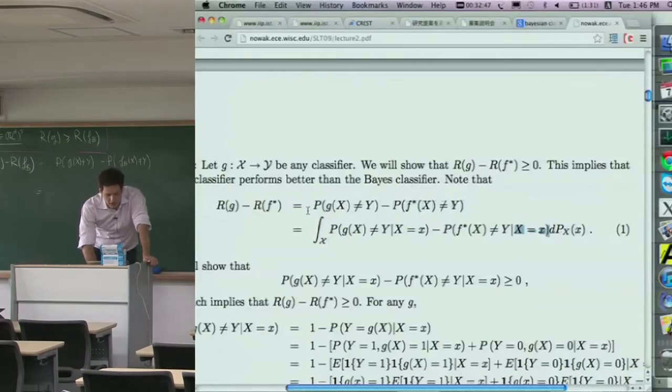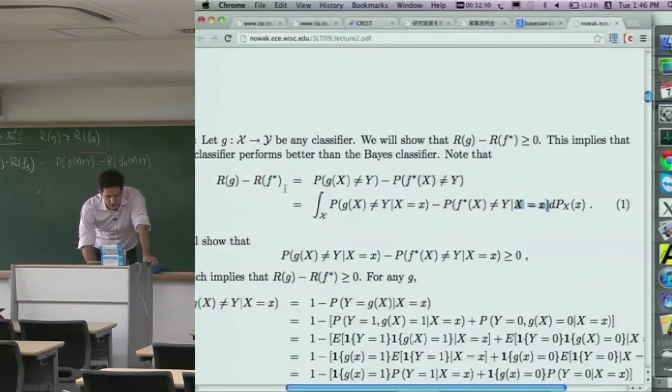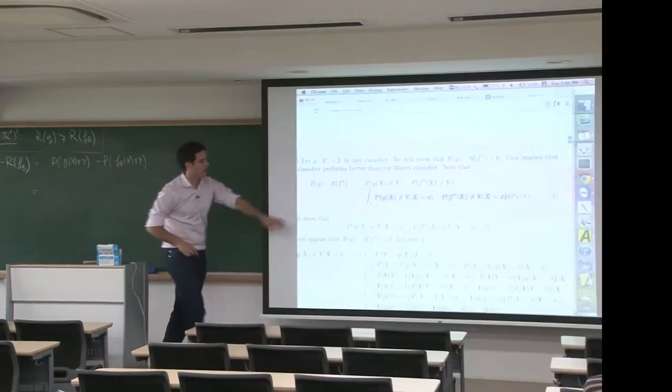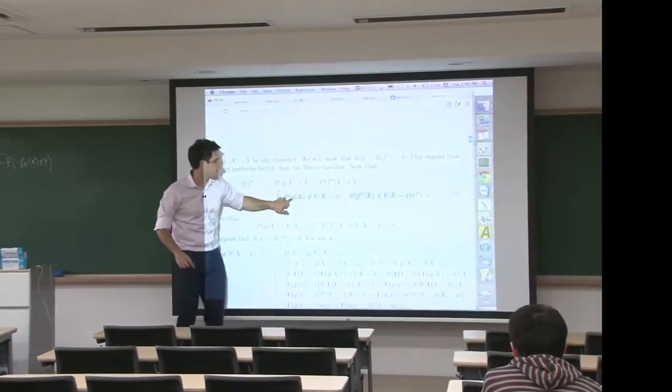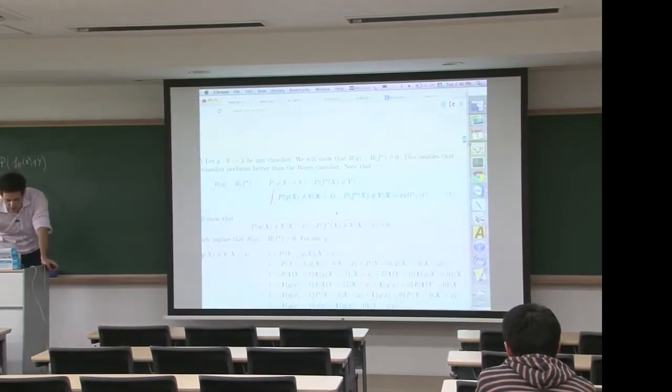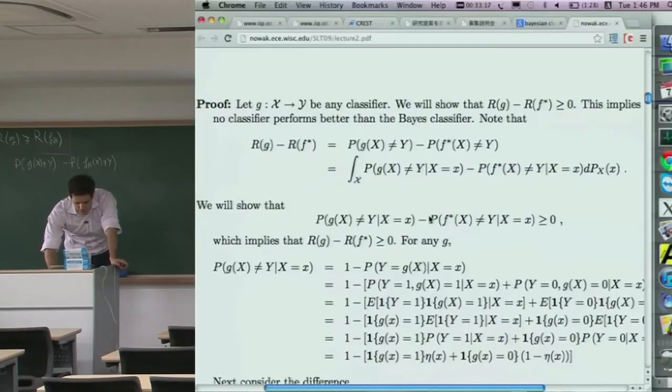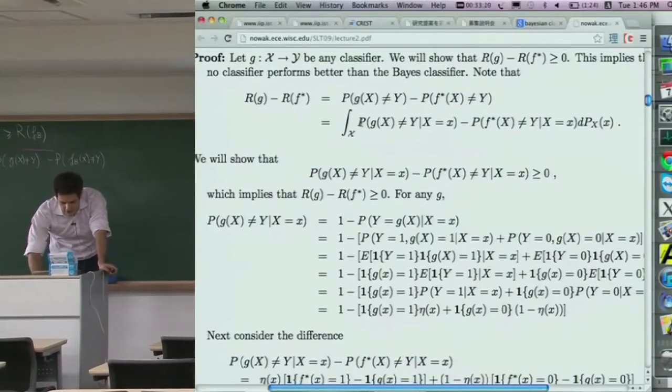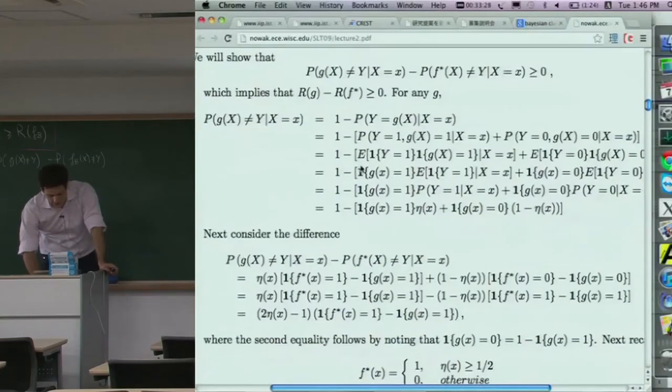What we want to show is that this is non-negative. And if you can show that the integrand, that is this part, is itself non-negative, then the integral itself will be non-negative. So to prove that this is non-negative, you can prove that only this part here is non-negative. We only need to prove that the integrand is non-negative. To do that, it's a bit tedious, but